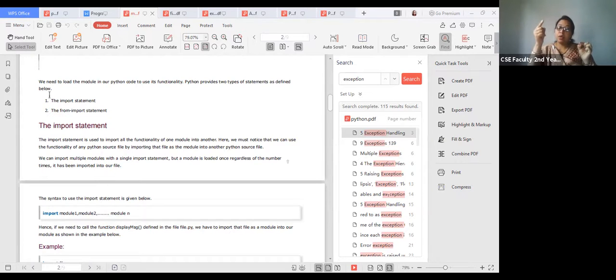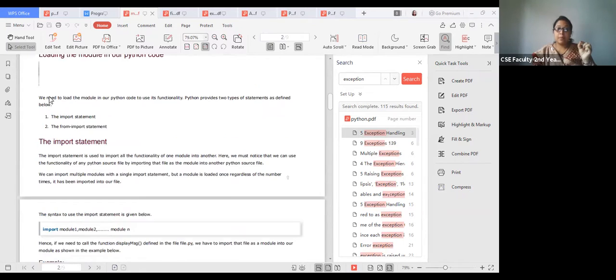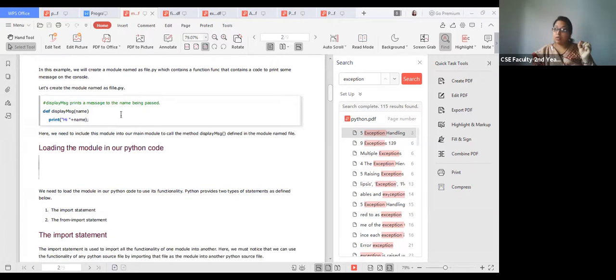The previous program, which was named file.py, that means file is your module now. And in another file, you have to import it. So in that case, you have to write import file.